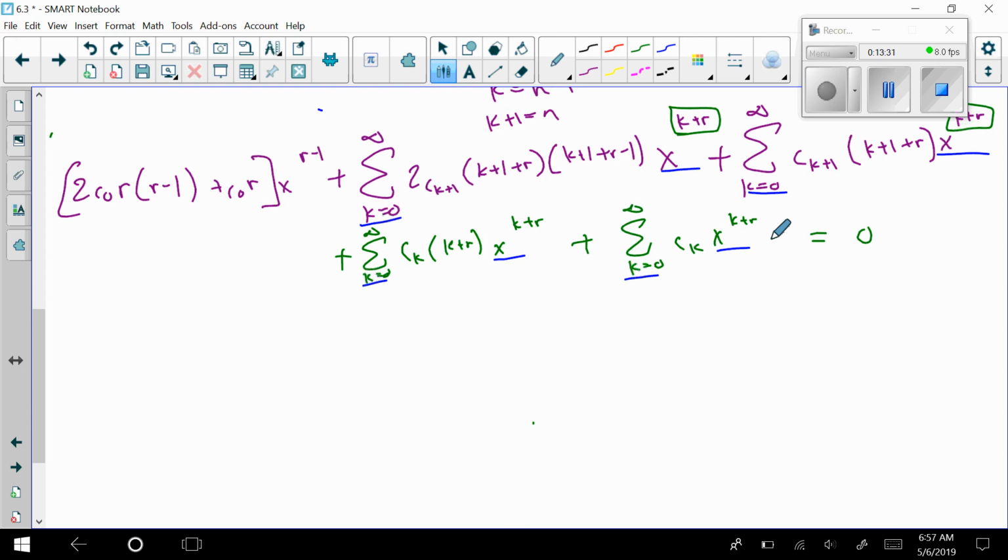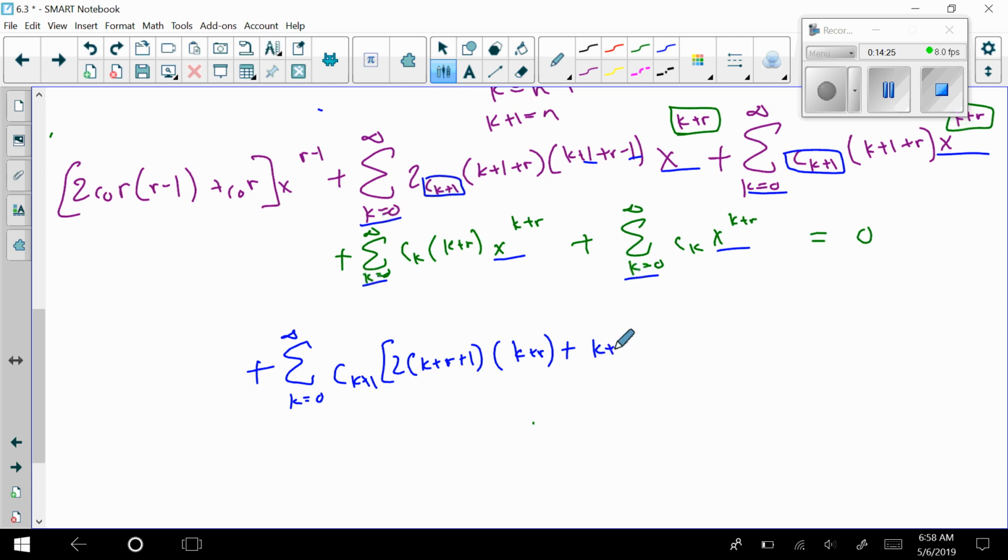So when I go to put these together now, I would do plus summation k equals 0 to infinity. And now this is where everybody kind of likes to do everything a little bit differently. I see that these have this k plus 1, these two do. So what I want to do is I'm going to do c sub k plus 1 times now, and what would this have? This would have this 2 times k plus r plus 1. Just kind of makes more sense to write this part like this. And then times, well, these 1's cancel out, right? So then it's just k plus r here. Now it's plus, it'd be a k plus r plus 1,